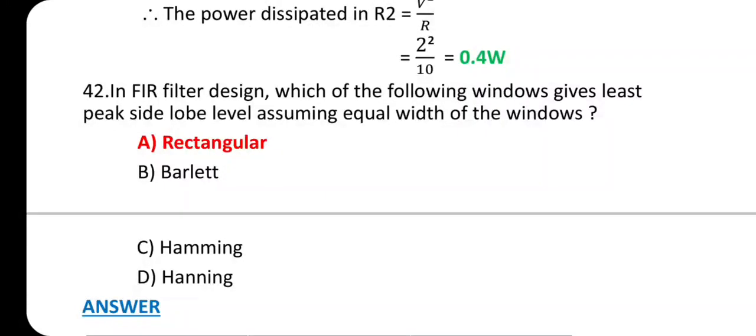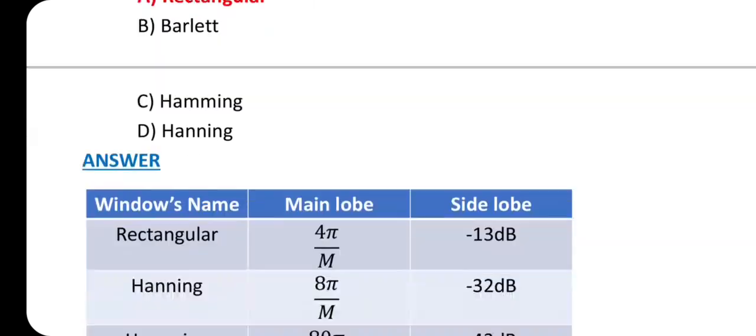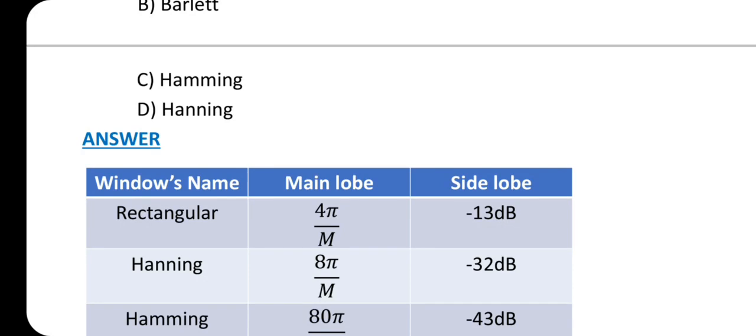Question number 42. In FIR filter design, which of the following windows gives least peak side lobe level, assuming equal width of the windows? Answer is option A, rectangular. In signal processing, a finite impulse response filter is a filter whose impulse response, or response to any finite length input, is of finite duration because it settles to 0 in finite time. This is in contrast to infinite impulse response, that is IIR filters, which may have internal feedback and may continue to respond